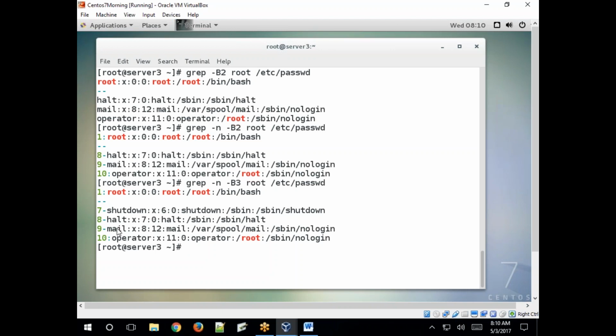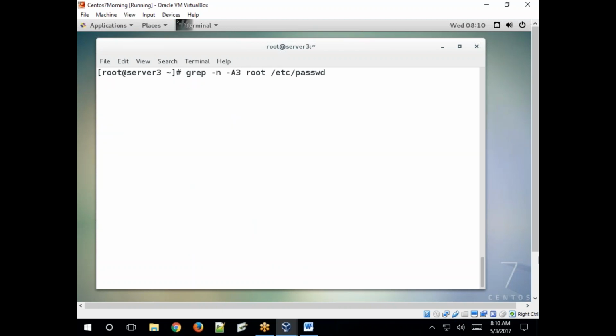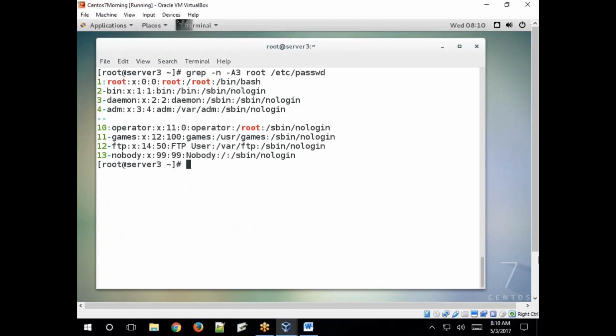So at the 10th line, before 3 lines, 9, 8, 7 are printed, right? -A3, if you specify A, it prints after the matched line. Here 10, 11, 12, 13. Here A means after 3 lines. B means before. So whatever number you specify, that many lines are returned to your output screen.